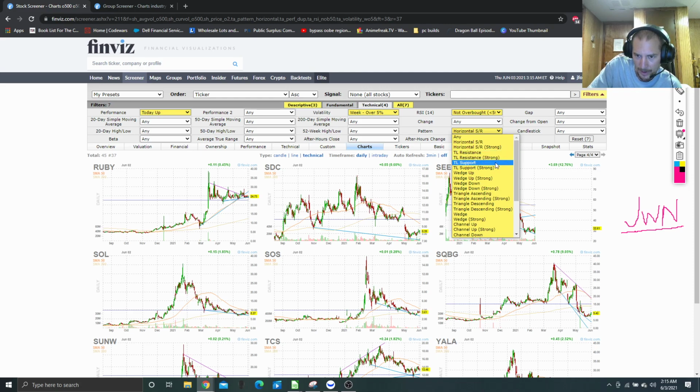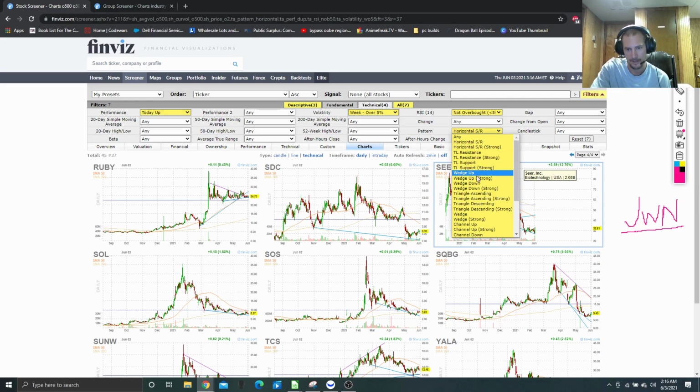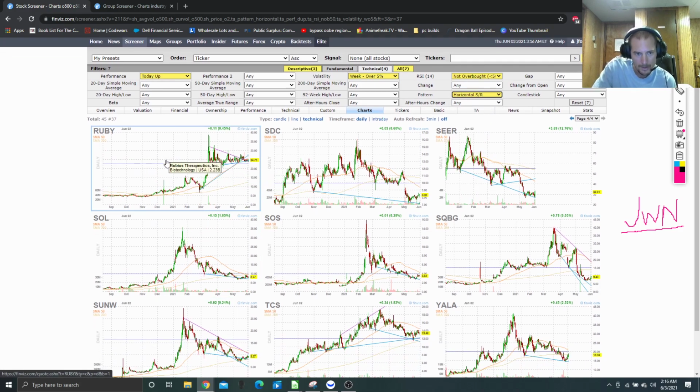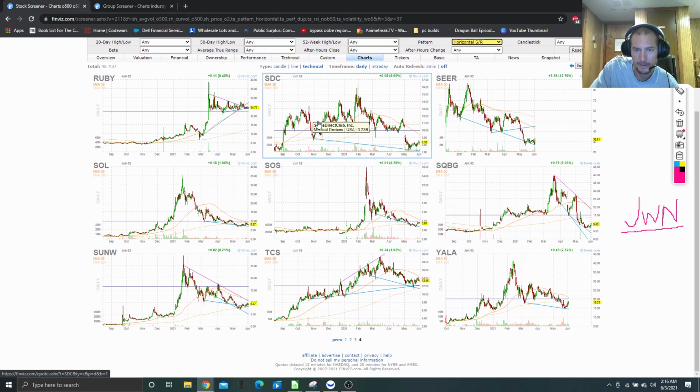You can also look at the channels sideways here for these, and you can look at just horizontal SR. You can look at trendline resistance, trendline support for your continuations, but we're going to just be specifically talking about this SR rejection, so we're looking for horizontal SR. So for our short setups, we are looking for